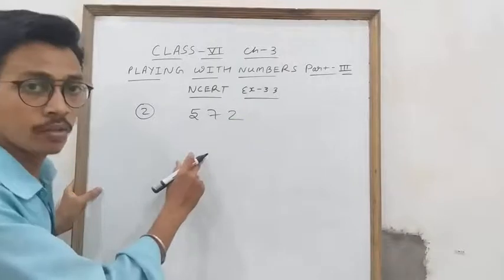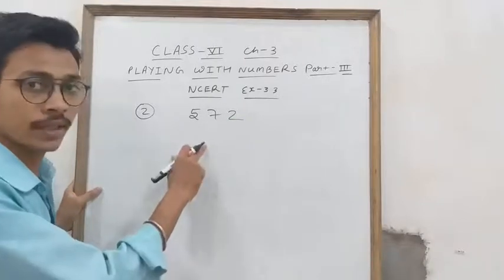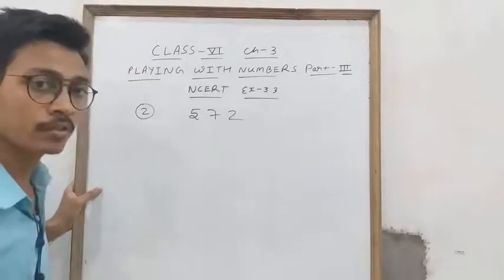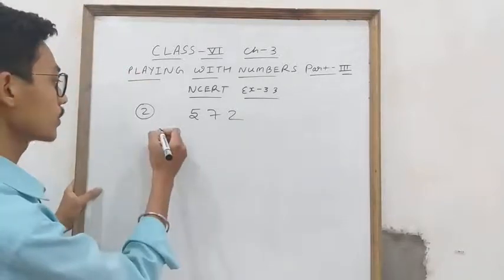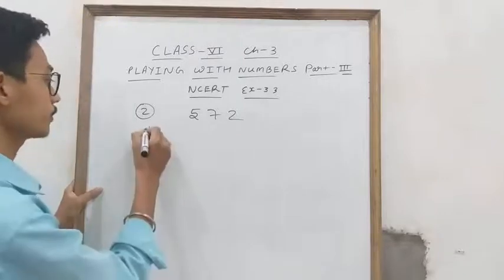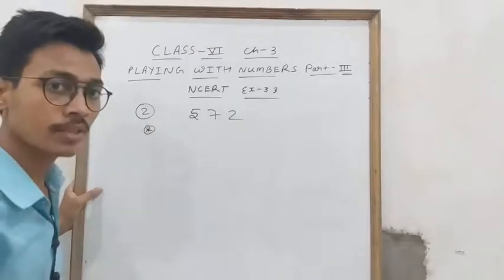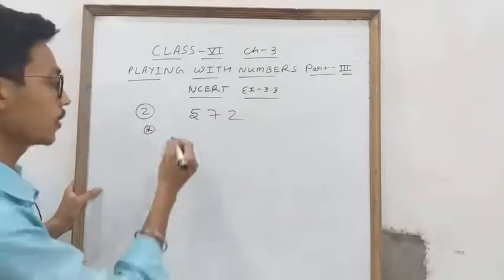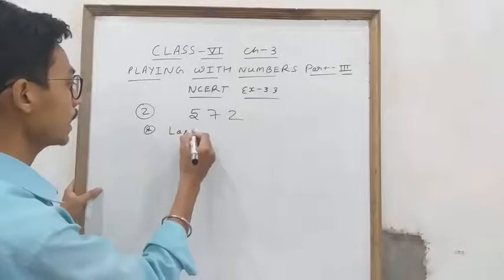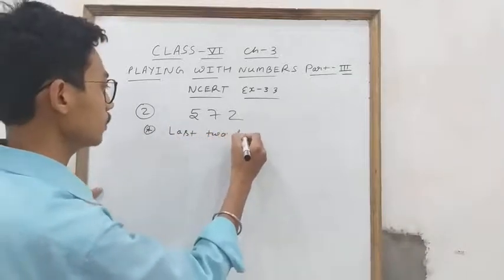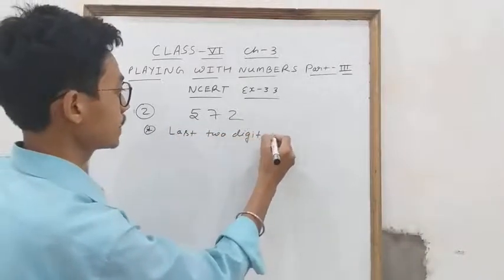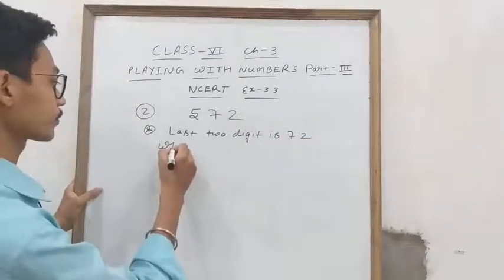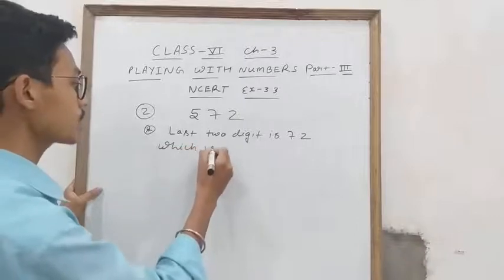I will go through the proper explanation and you have to write it down in the copy, the same, with each question. See student, test of divisibility by 4 you have to check. So first you will write down what is the test of divisibility of 4. The last 2 digits should be divisible by 4. You will write down the last 2 digits is 72. Clear? I know 72 is divisible by 4.